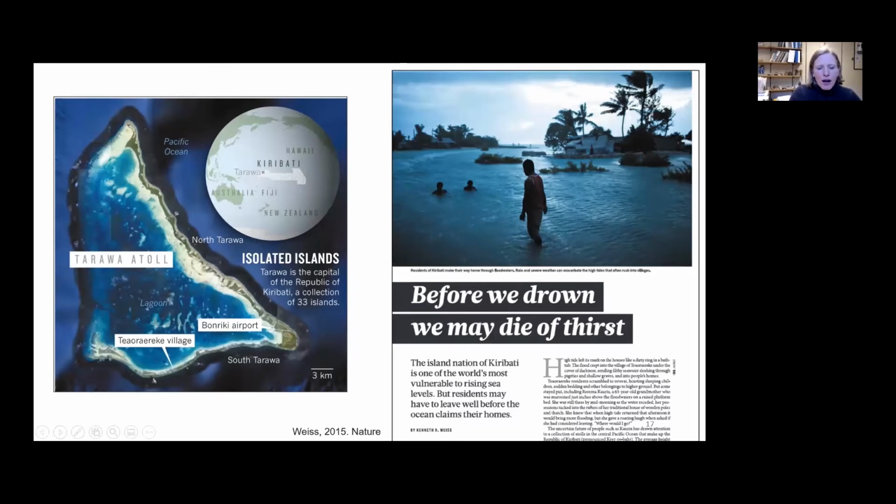So I'm going to highlight a particular article that came out in Nature in 2015. This particular article really did a nice job of laying out the issues being faced in tropical islands in terms of fresh water. The premise of this article is for us to be aware that sea level change is something that is happening